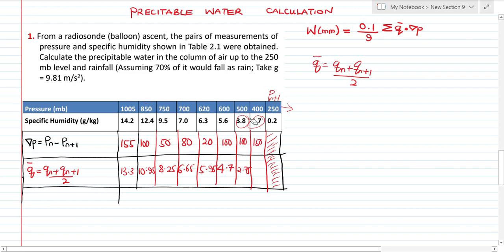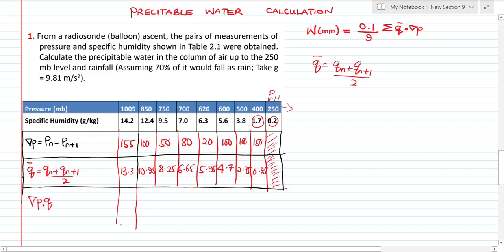Then 1.7 and 0.2, and that is 0.95. So with that in place, we have to continue the table again and find the product between this